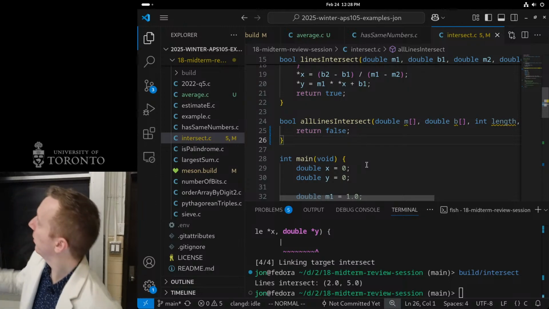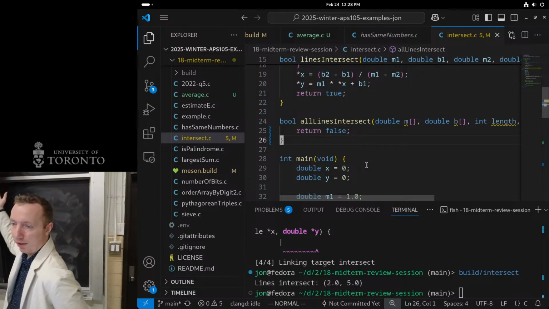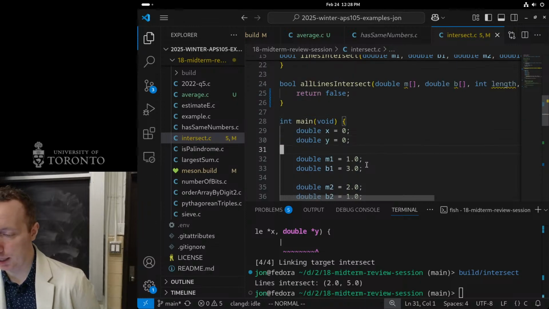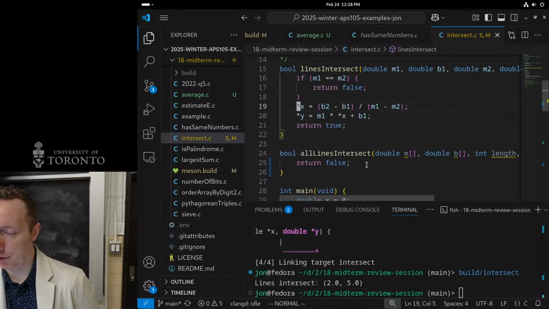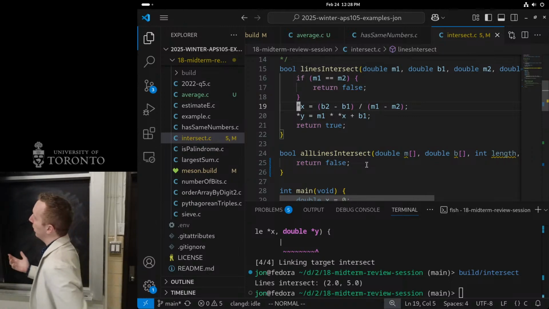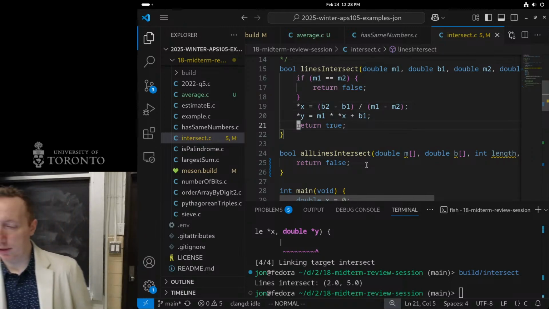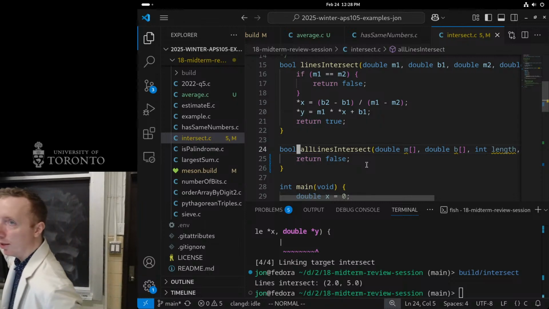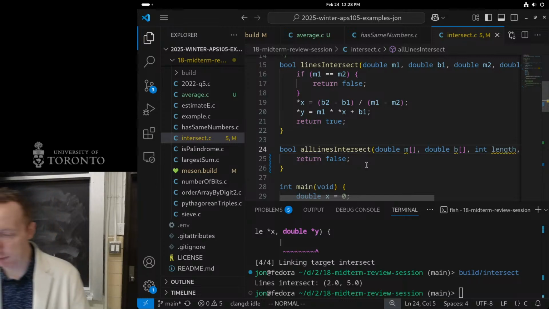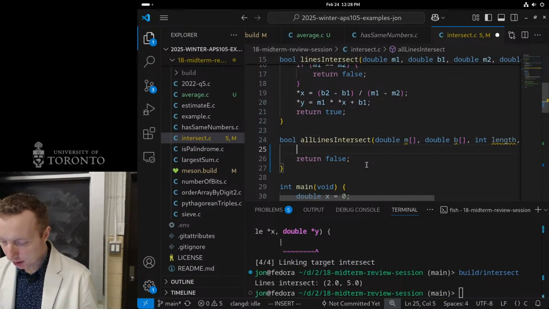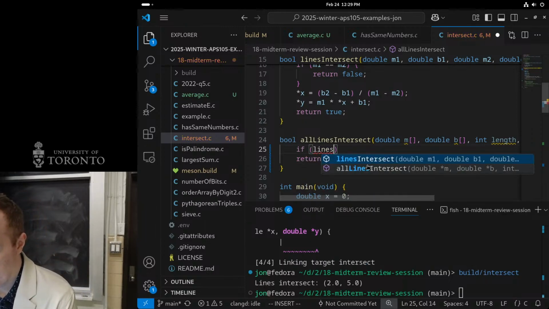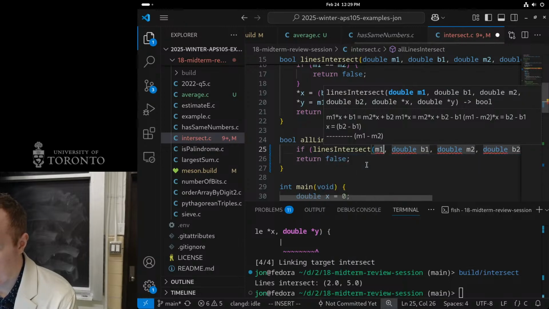To do this, this combines arrays and pointers in the only way I know how to force you to write it. Again, this will probably be too hard for the actual midterm, but we could go ahead and do this. So what we could do is leverage our lines intersect function. The question will probably say to assume there's always at least two lines, otherwise the question doesn't make much sense. So I can go ahead and check if lines intersect,